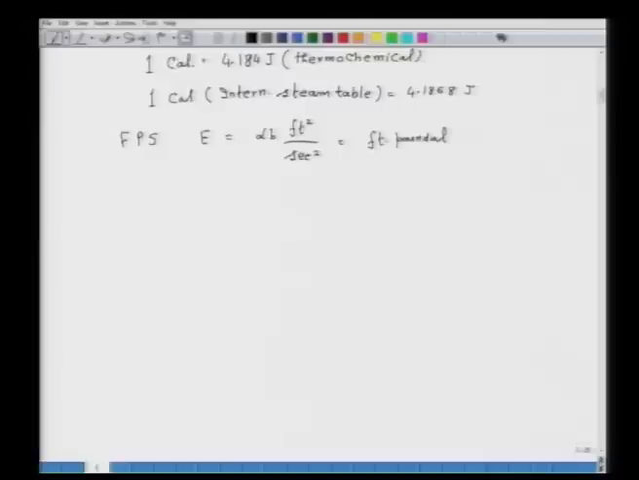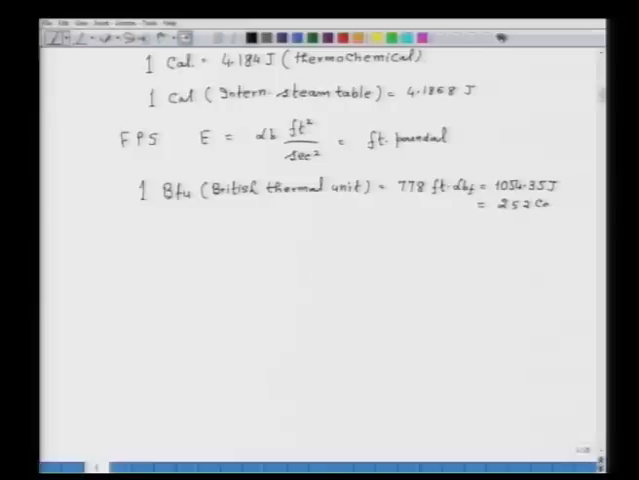Now, here are some of the important relationships. Say 1 BTU. BTU stands for British thermal unit. So, 1 BTU is equal to 778 foot pound force, which is equal to 1054.35 joule, and that is also equal to